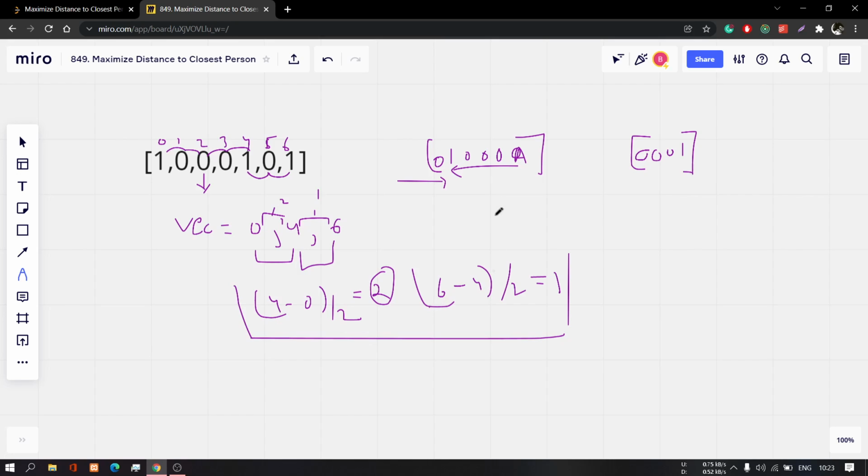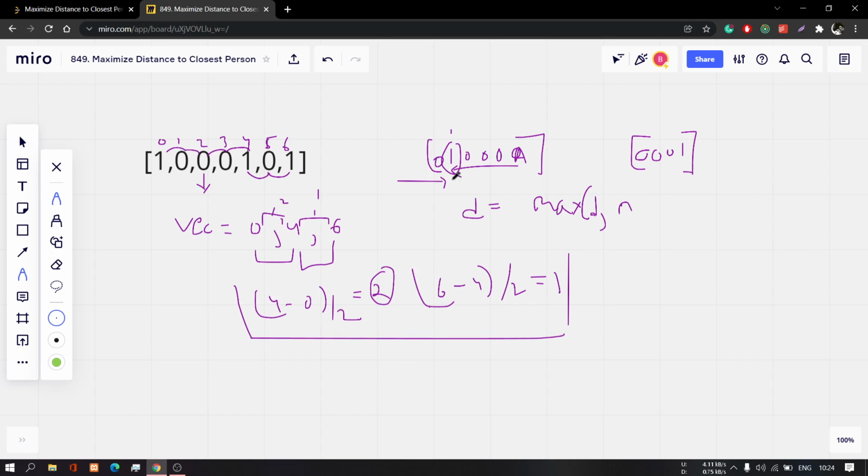So this formula will not work here. You have to just simply find the distance. If d is the distance variable, I have to take the maximum of d comma the index where 1 is present. This is the index of 1, and this is the last index, so I have to take n.